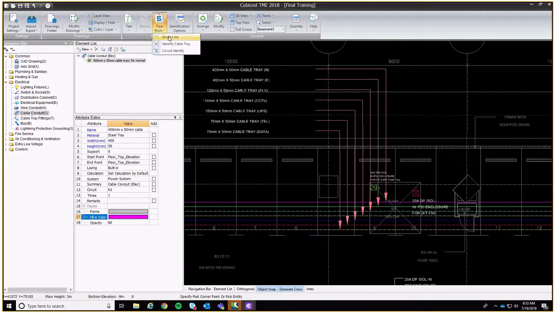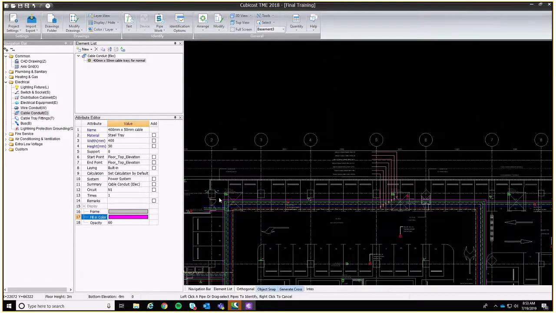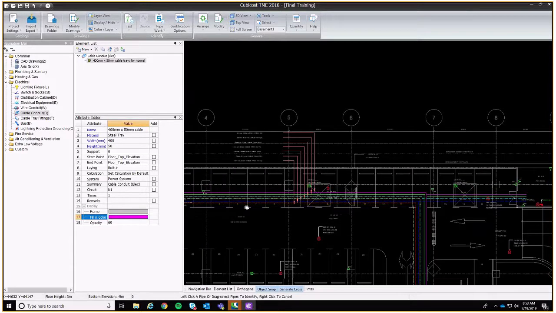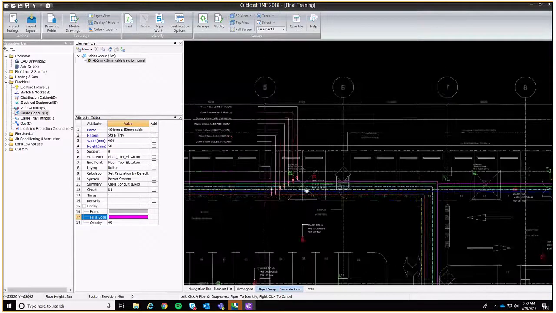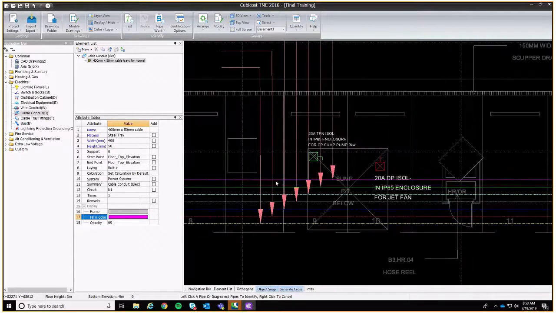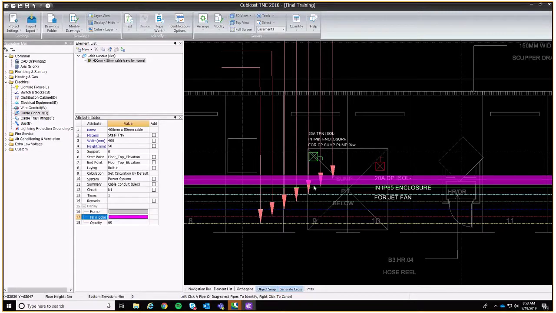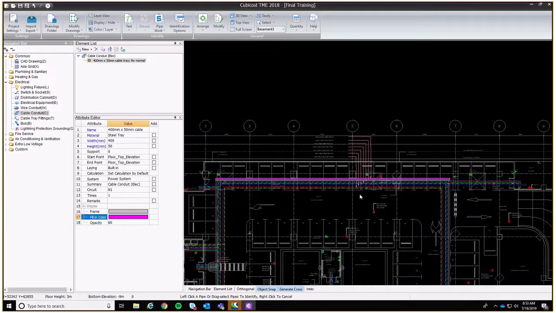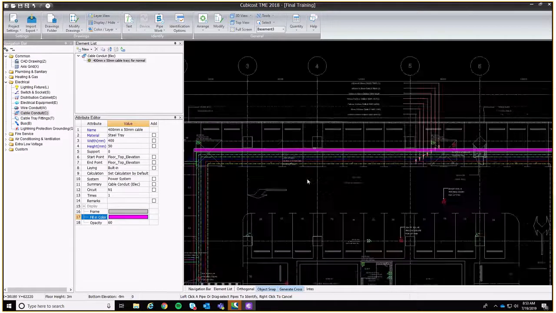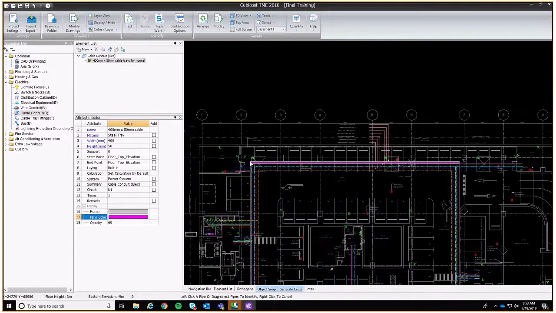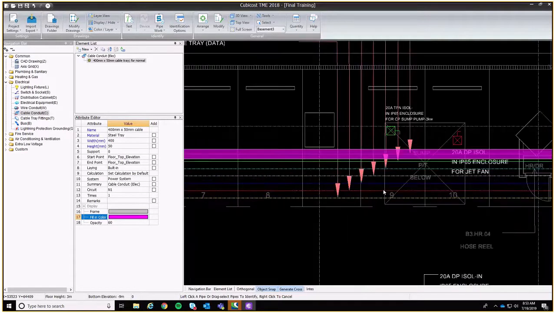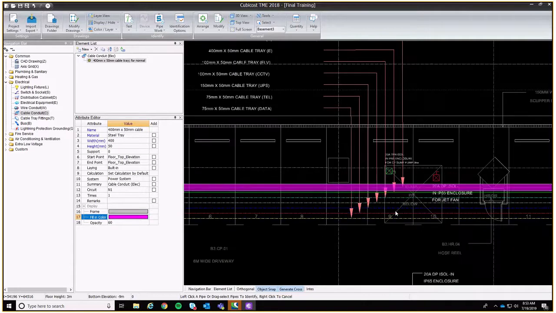So the single line is used for a simple line. You will just measure the line here from here to here. So in this case, it is not applicable. I will show you. So that's it. It will measure the entire line only. So for this case, it is not applicable